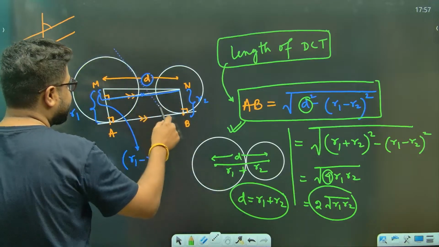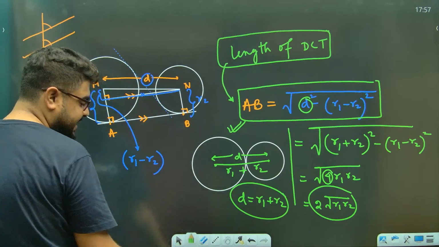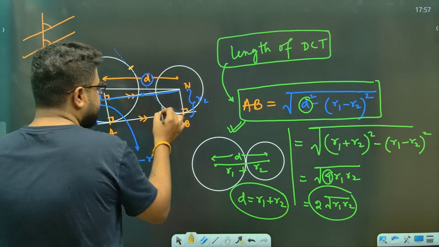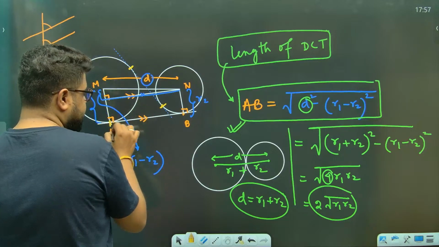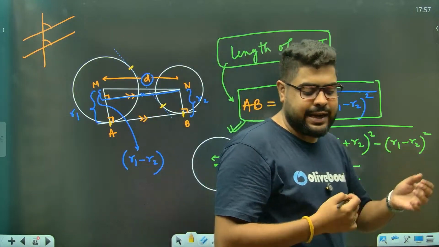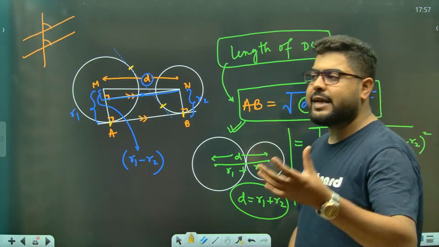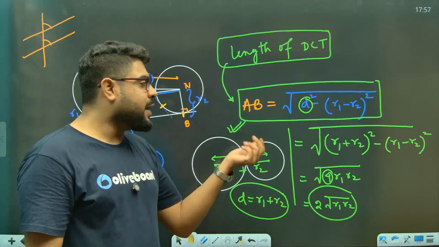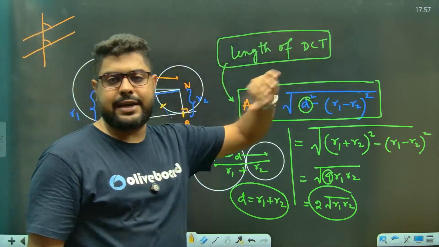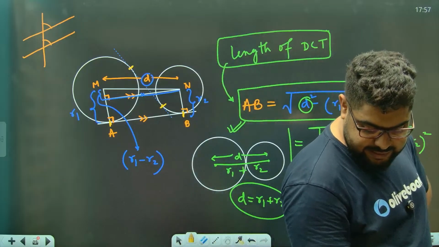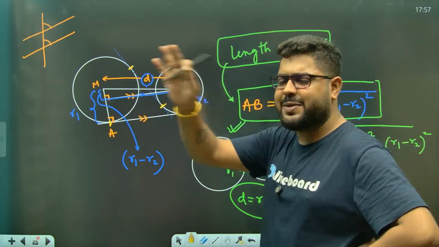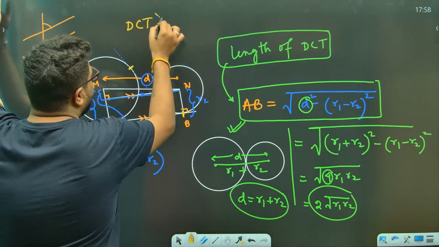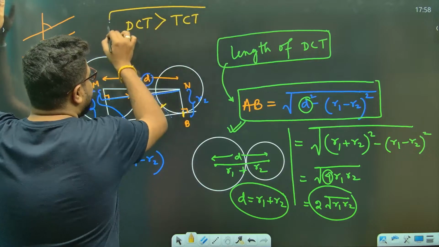Sir, what if I ask, what is the length of TCT? Think like this. I'm just showing you one way to think. Sir, understand, TCT is this much and DCT is this much. Tell me, which has a greater length, DCT, the direct common tangent, or TCT, the transverse common tangent? Which one is greater? Definitely, just by looking, without using any theory, we can simply say, sir, DCT is always greater than TCT. And देखो ऐसे ना, you will never forget.